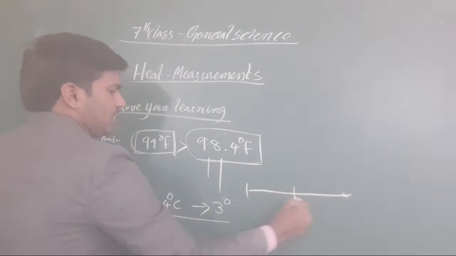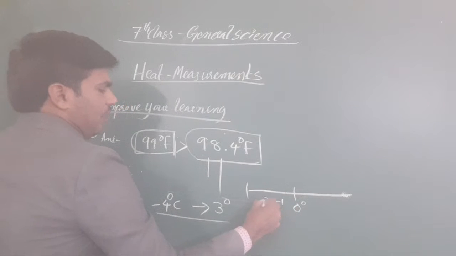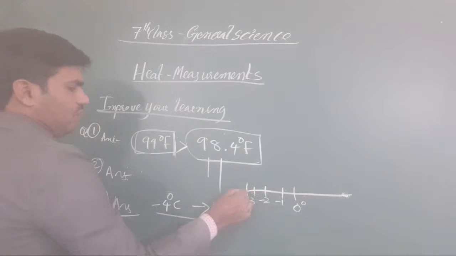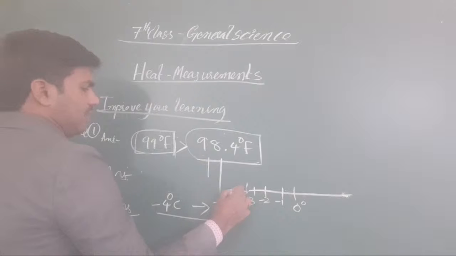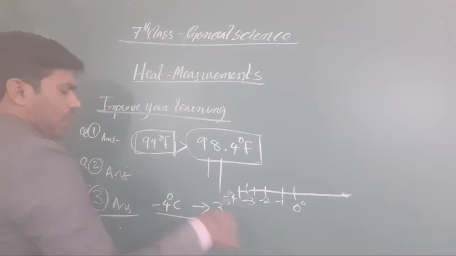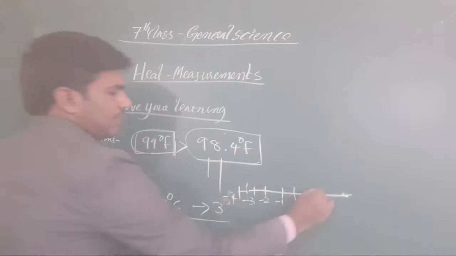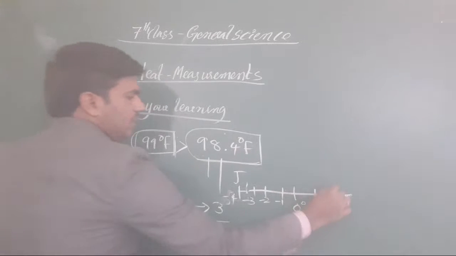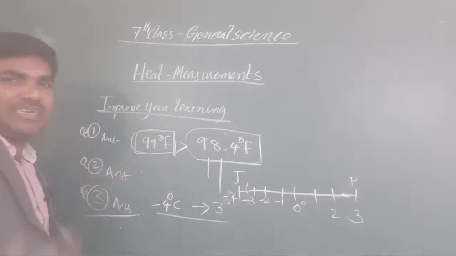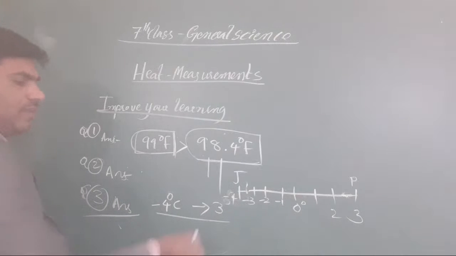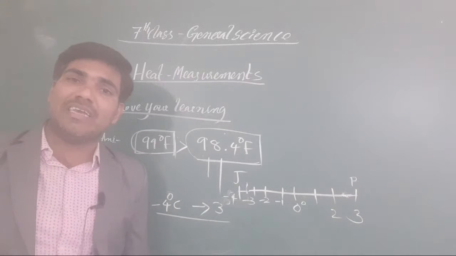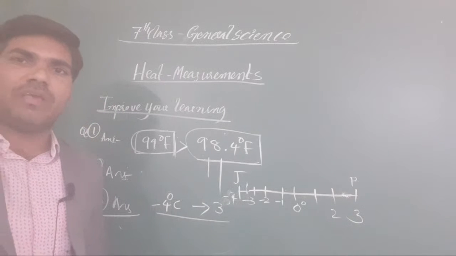In this situation, you have to take a scale like this. It is 0 degrees centigrade, then minus 1, minus 2, minus 3, and minus 4 here. Srinagar is in Jammu and Kashmir, and Paderu will be plus 3 degrees centigrade here. Which one is the greater temperature? Yes, plus 3 is the greater temperature. Got it or not?